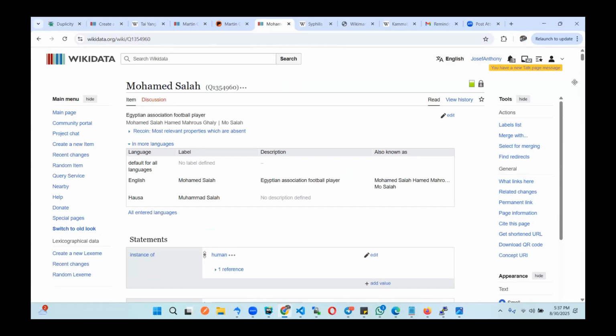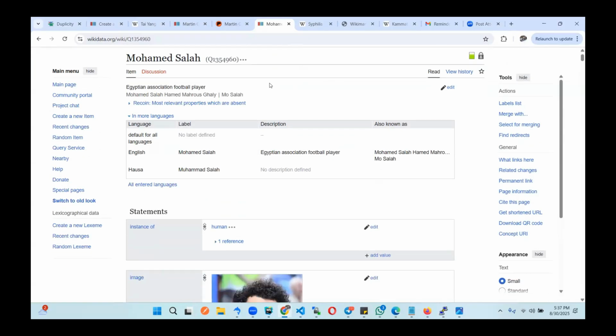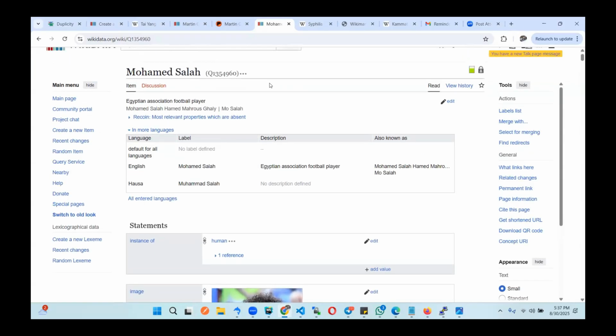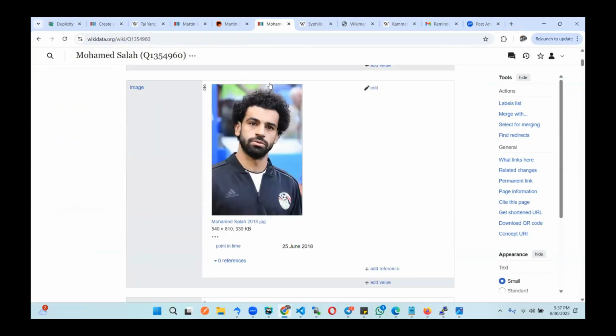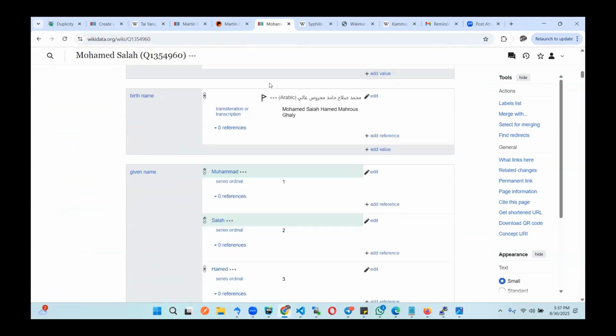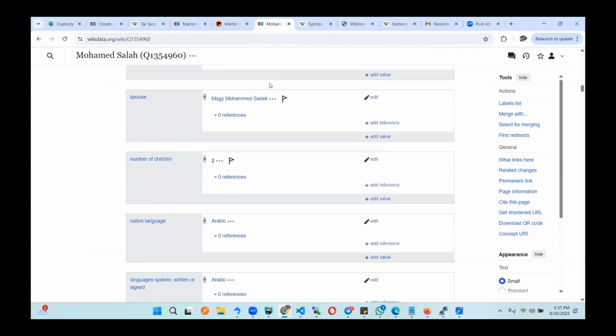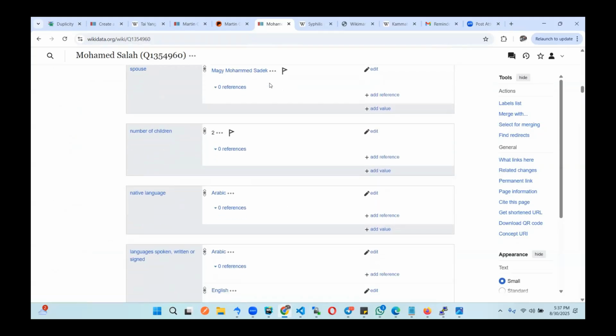So now we have a Wikidata item called Mohamed Salah, and how Duplicity helps in languages is, have you ever been to